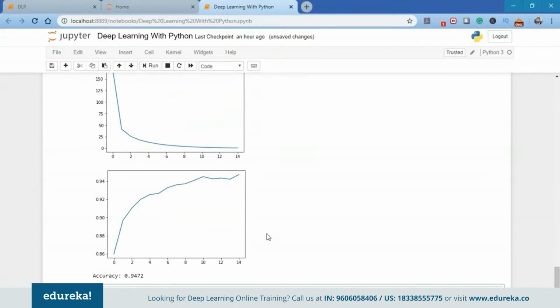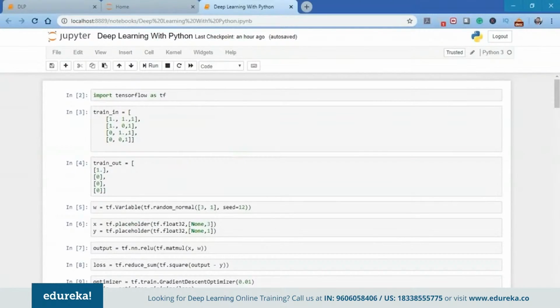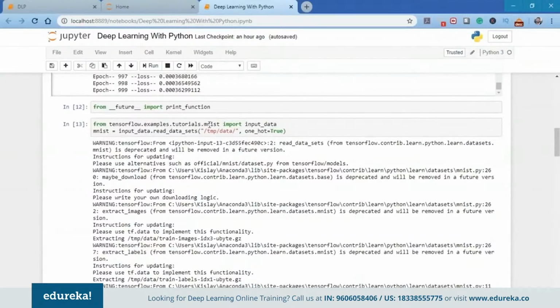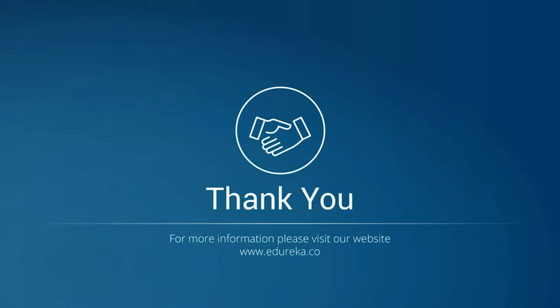So guys, this is it for today's session. I hope you came to know what exactly deep learning is, and how artificial intelligence, machine learning, and deep learning are connected in terms of data science. Artificial intelligence is the broad field, machine learning is a subset of artificial intelligence, and deep learning is a subset of machine learning. You also learned how exactly a perceptron works, the idea behind a neural network mimicking the human brain, how you can create your own perceptron from scratch, and how you can create a neural network from scratch using Python and other deep learning frameworks. So guys, that's it for today's session.